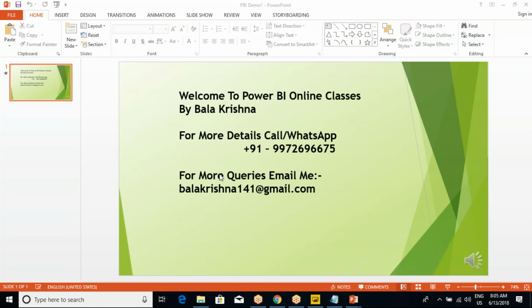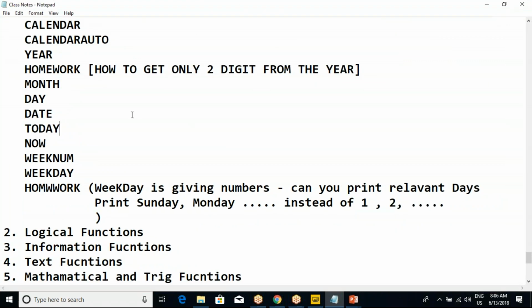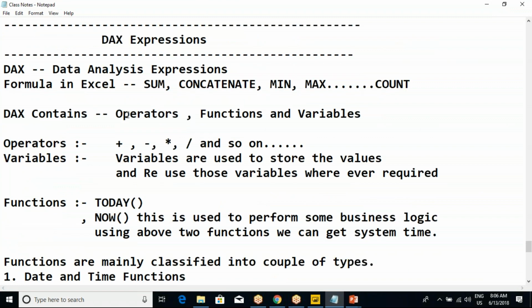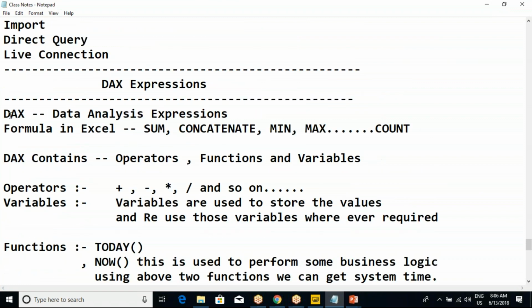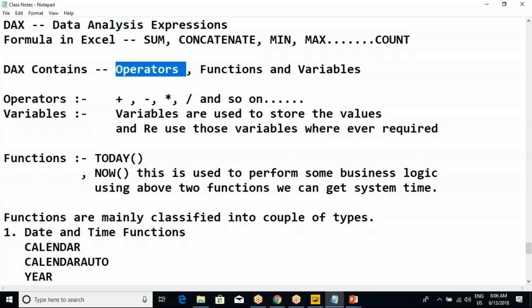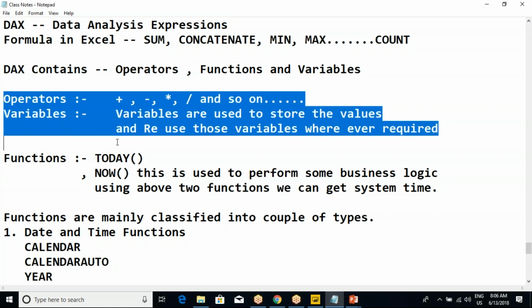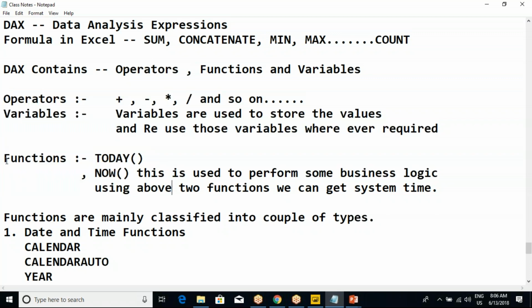As we started with the DAX discussion yesterday, we are in the beginning stage of DAX, to be honest. What have we understood yesterday? We just gave the introduction to DAX, and usually DAX contains operators, functions, and variables. And we gained a little knowledge on what is an operator, what is a variable, and we are going into deep discussion